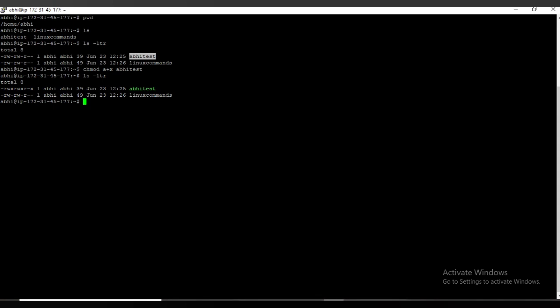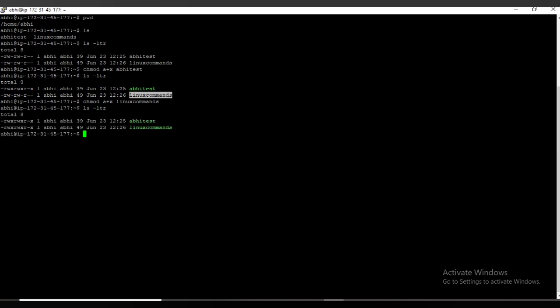As you can see here, now we have given it to the first directory and it turns green. Now from white to green, it has got the execute access. It has a proper level of restriction on it, and it has become a proper directory. That's why it is showing in green. We can do the same for the second directory also, and you will see that again the color will change for it. Now we will do ls -ltr, and here we go. This is how you change the modification of the directory.